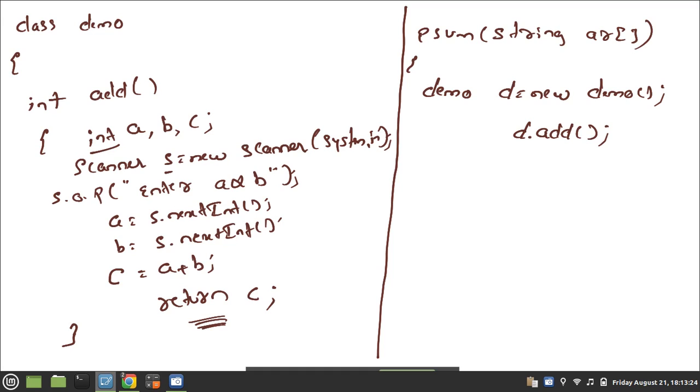But this add method is returning something. C, return C. C is of type integer, which means to store the C value I require a local variable. That's why I will be declaring a variable of type integer. Why integer? Because it is returning C, and C is of type integer. To store its value, an integer variable is required. That's why I am declaring a local variable int p.